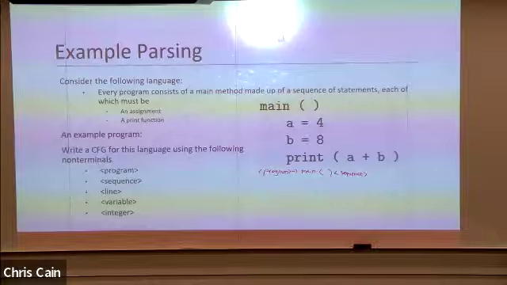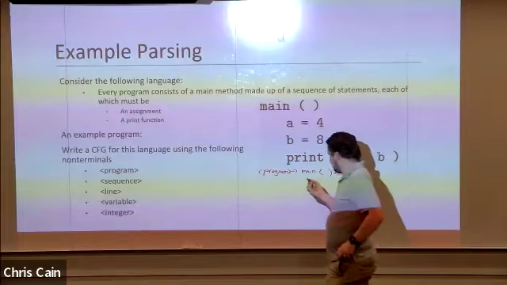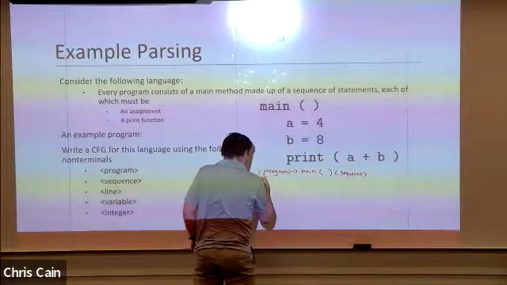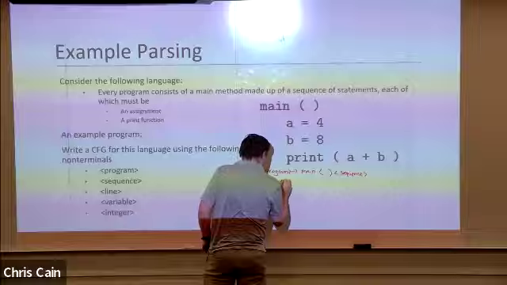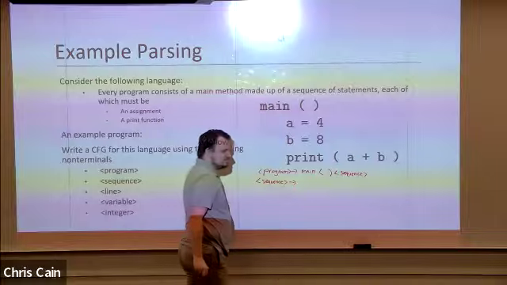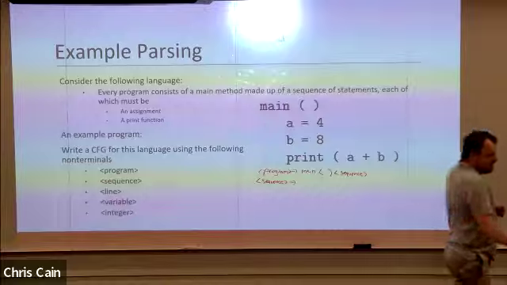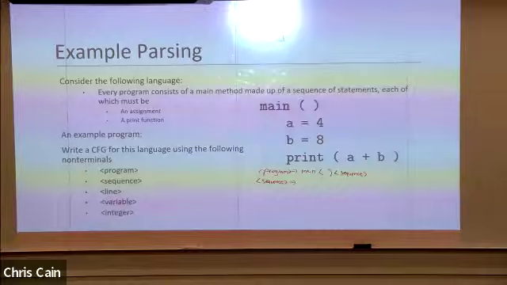If you think you have a definition for sequence, let me know. I'll write that one before the end of class. Any guesses for what goes here?